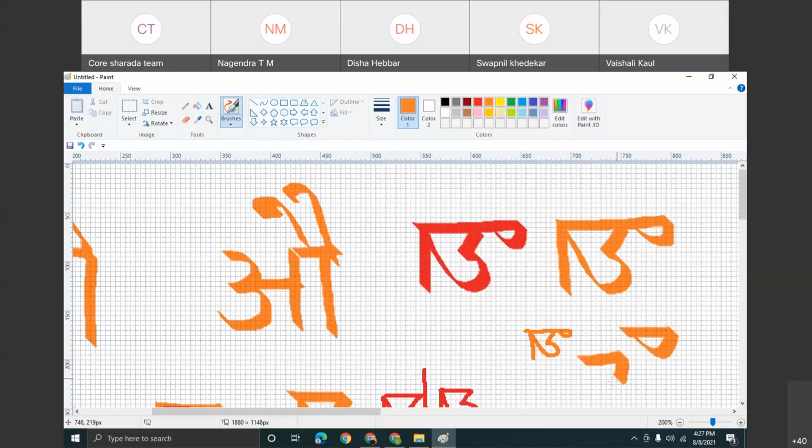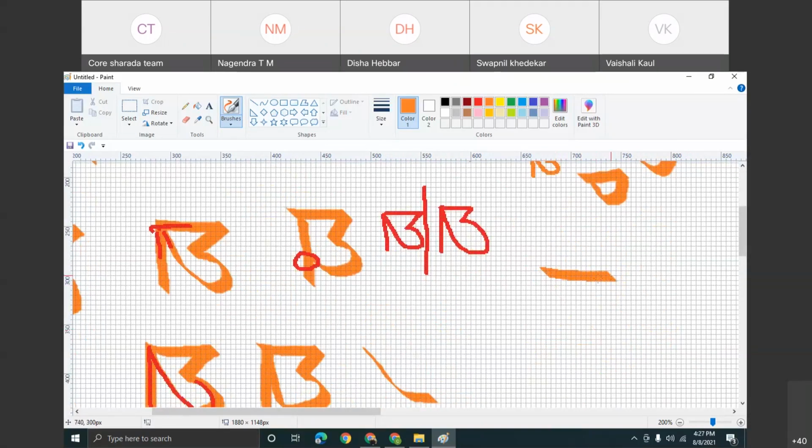It is not like this. It is like we have drawn this, right? Om also was not a circle, right? It was not like this. So same thing when I'm doing that, you see here, do not do it like this. That's not correct. Take a little bit of curvature in your pencil here.